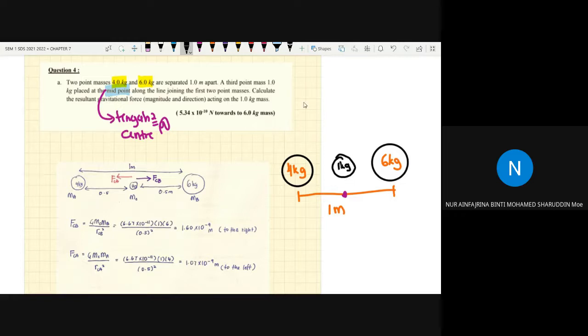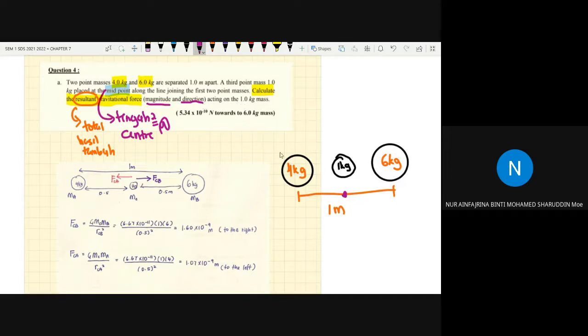Lepas tu dia cakap calculate. Calculate apa? Calculate the resultant gravitational force. Okay, what does it mean by resultant? Apa yang korang faham dengan resultant? Anyone? Total, very good. Hasil tambah. Ataupun dalam Melayu dia adalah hasil tambah. Total gravitational force, dia nak magnitude and direction, maksudnya dia nak nilai dan juga arah dia acting on the 1